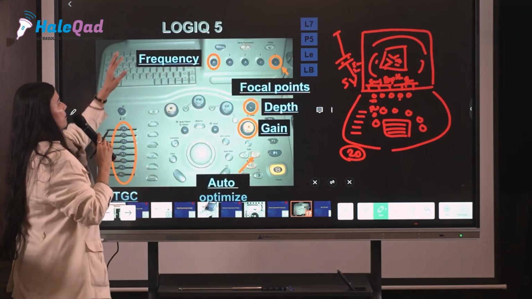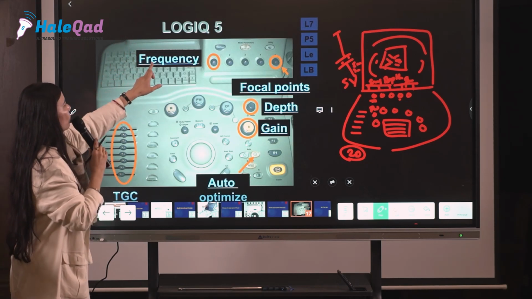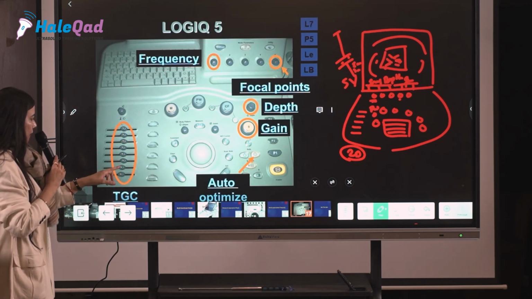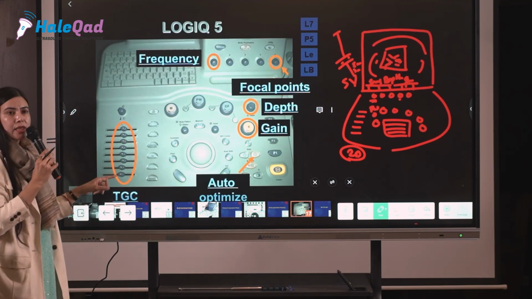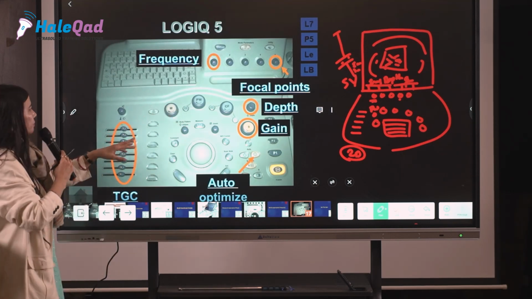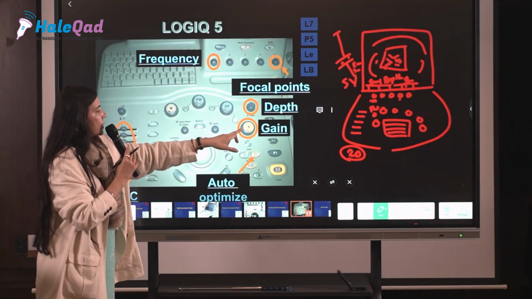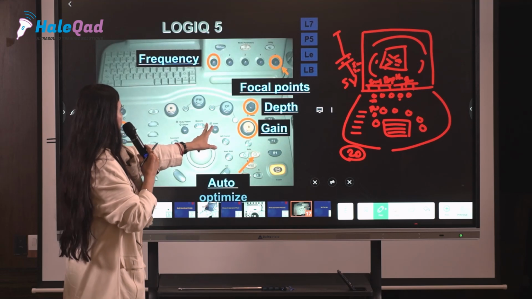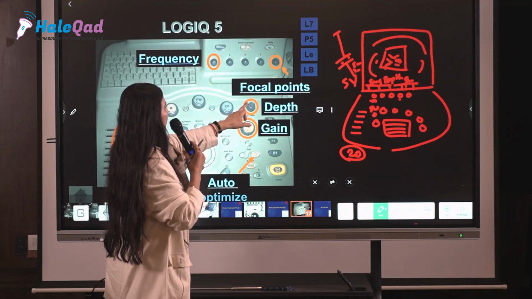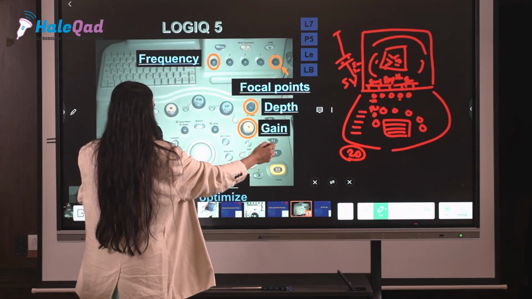This is a very basic Logiq 5G machine in which we are seeing this is the keyboard for starting things, and this is time gain compensation, TGC. I'll first tell about all the buttons, then we will discuss their functions. See, this is M mode, motion mode, this is pulse wave, color flow, CF, B, and this is your 2D, depth and gain. This is the gain button, this is your depth button. This is P1, P2 and all these are there.